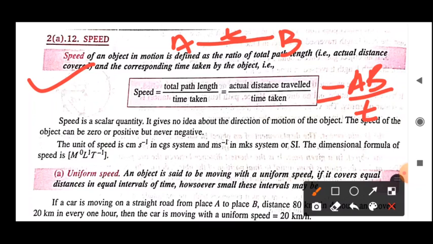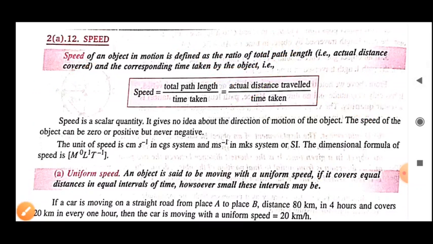So we have discussed already what is path length. So path length is what? That is the actual distance travelled. So actual distance means, suppose in this, point A and B, A is your starting point and B is your final point, your destination point. So you can go to your destination by a number of paths. Suppose you are adopting this path, you can adopt this type of path. So here you can see in all the paths the path length or actual distance covered is different. So it means that the speed will be different for different paths.